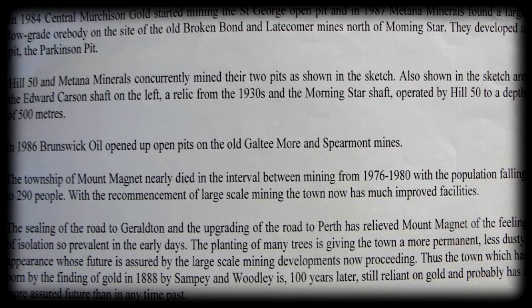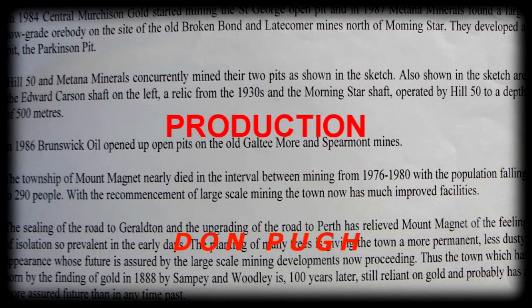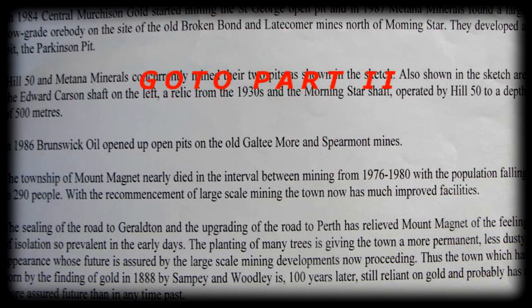Interestingly, the Shire almost died between 1976 and 1980, population falling to 290 people. But during the 1980s, revival of large-scale mining greatly improved the town. Also, the tarmacking of the road to